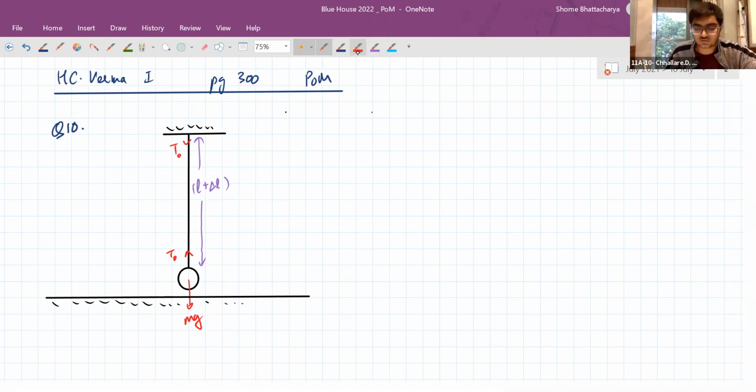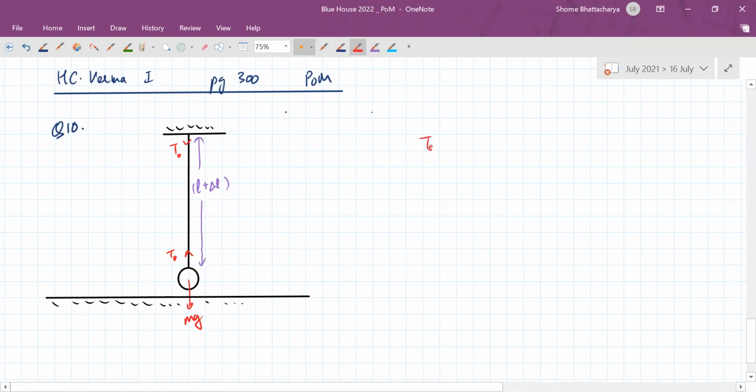So what is happening here is T naught is equal to mg. So stress upon pi r square. The diameter of the wire is given to you. So from this you can see that delta L is equal to